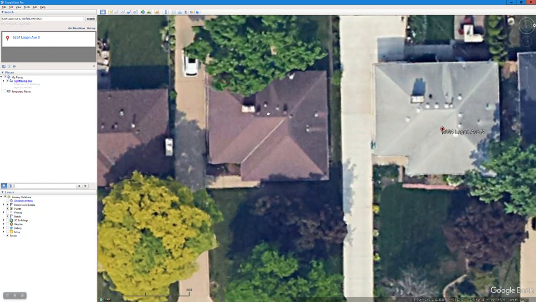Now, one thing you might be saying, well, Greg, why are we doing this when we have this tree here? I can't really see the back of the house. I'm not even sure what's back here, if there's an extension on the house, how the roof is built back here. That's a great question. That's why you need Google Earth Pro and this particular function in it. And that is going to view